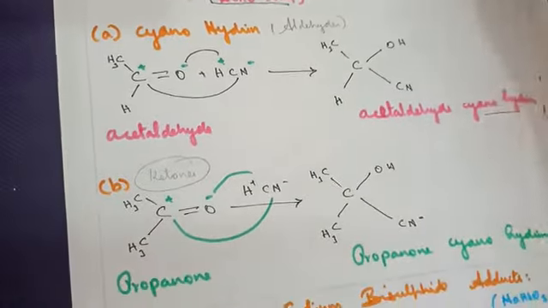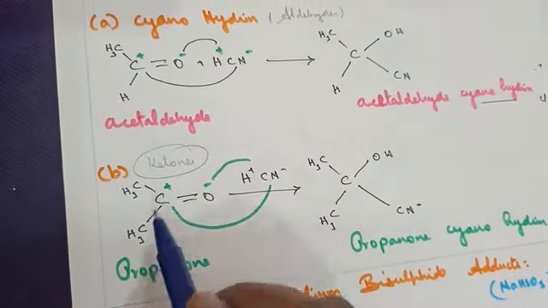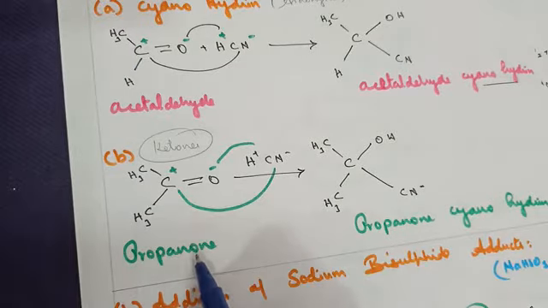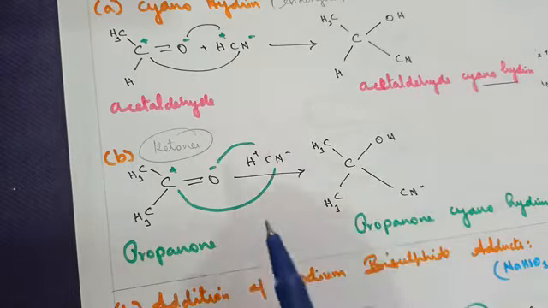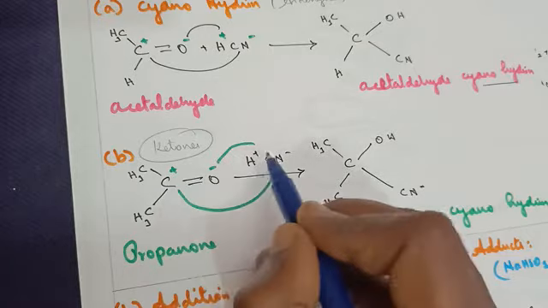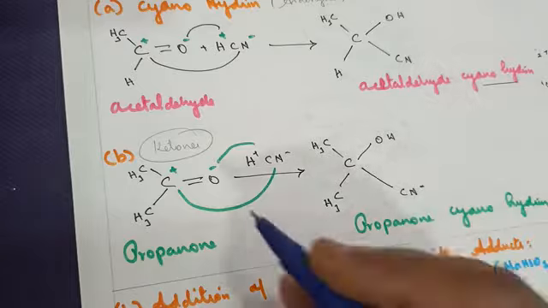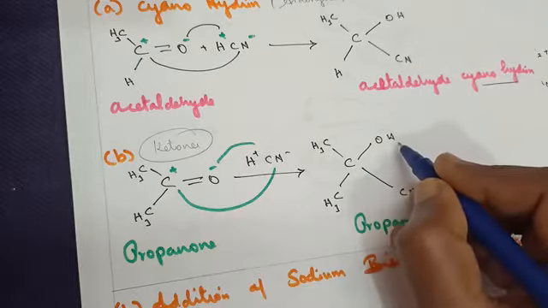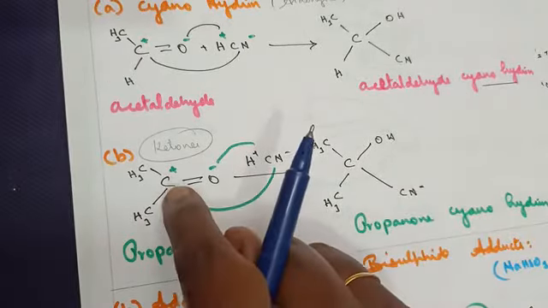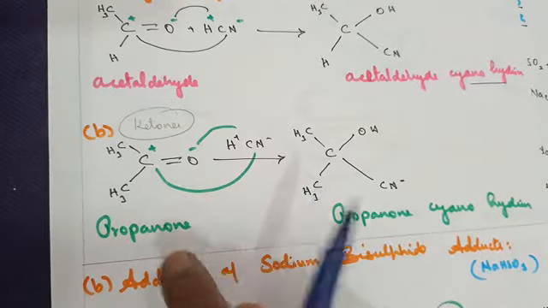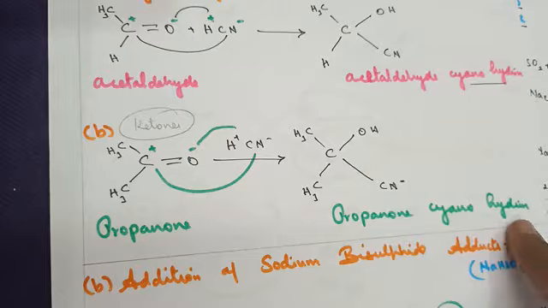The same explanation for a ketone. So here I have taken an aldehyde group, here I have taken a ketone, acetone or propanone. Common IUPAC name propanone, common name acetone. When we treat with HCN, the same concept, plus and minus, opposite signs coming, get attracted together. O and H combine together to give us a hydroxyl group. C will combine with the CN. So propanone will become propanone cyanohydrin.